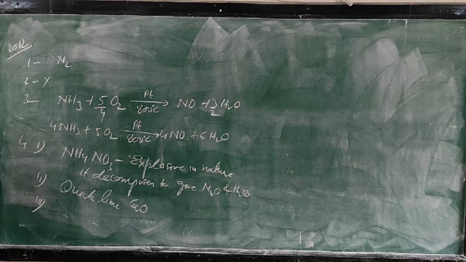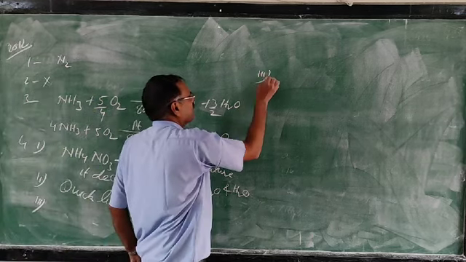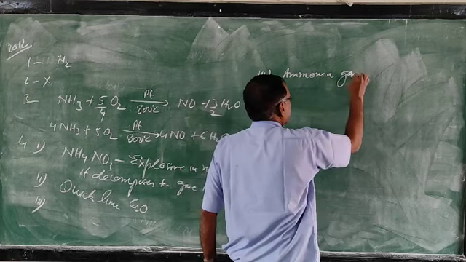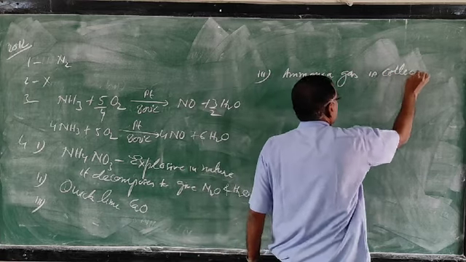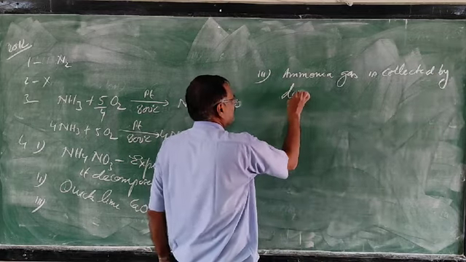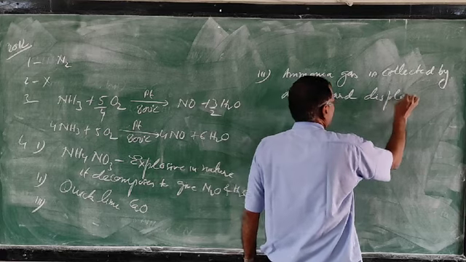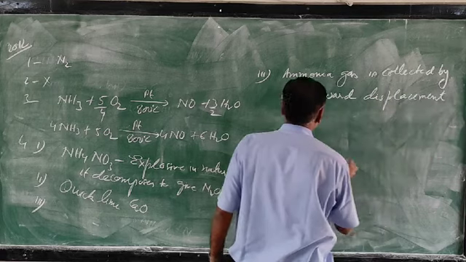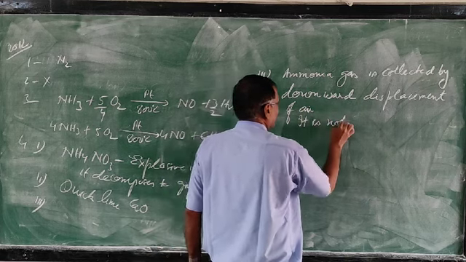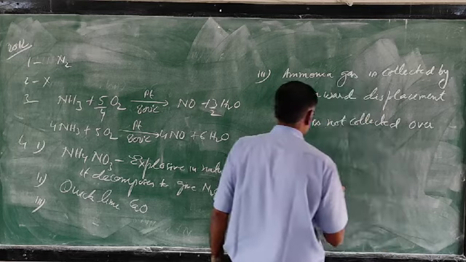Ammonia gas is collected by downward displacement of air. It is not collected over water